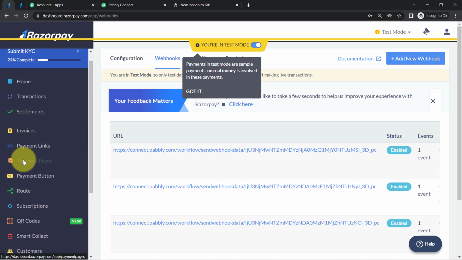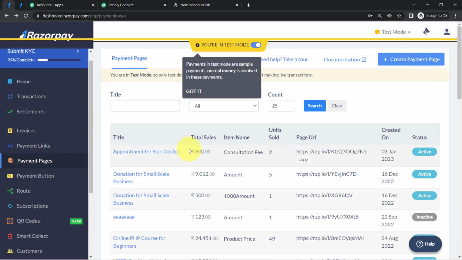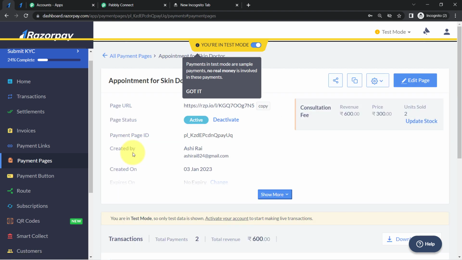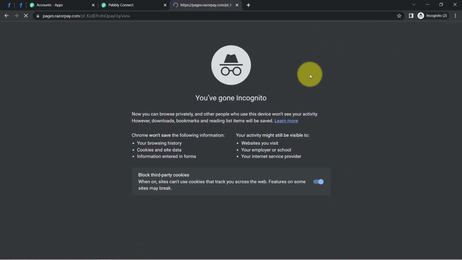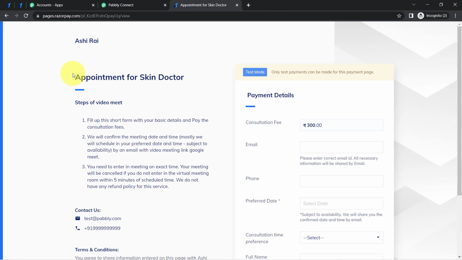pages, and in this particular payment pages I've already created one page for the appointment for skin doctor. So let me show you this page. Here is the page URL. I will open this page in front of you and you will see what kind of page I have